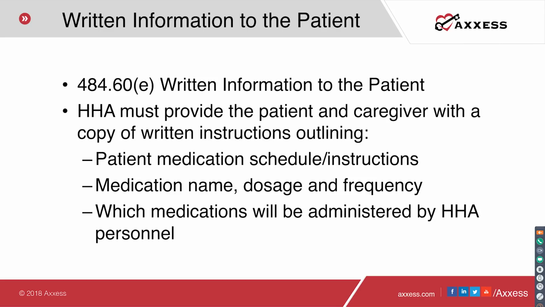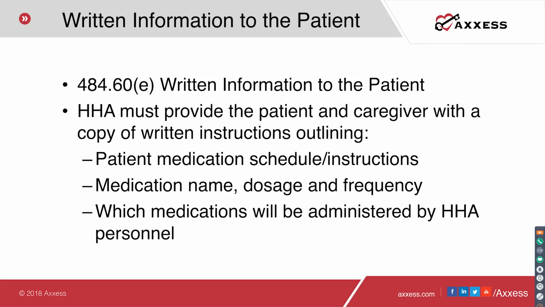When they were accepting comments at CMS, several providers wrote in and said, giving patients a copy of their plan of care is really not a good idea because there's a lot of jargon on those that they won't understand. If we just give them a 485, for example, how much of that's going to make sense to the patient, and it's not going to achieve the goals that you're trying to achieve here. So out of that came new regulation in the final rule at 484.60(e), and it's called written information to the patient. So CMS is now mandating that the agency provide the patient and caregiver with a copy of written instructions